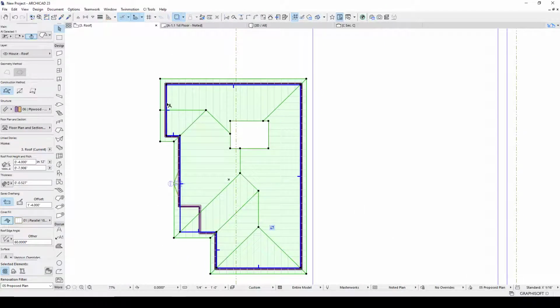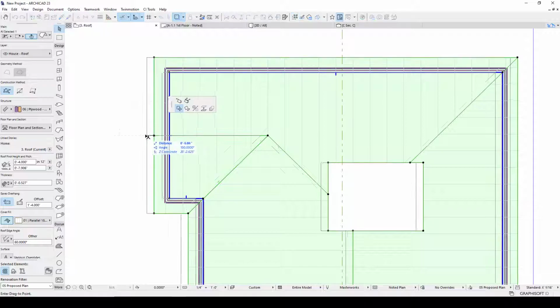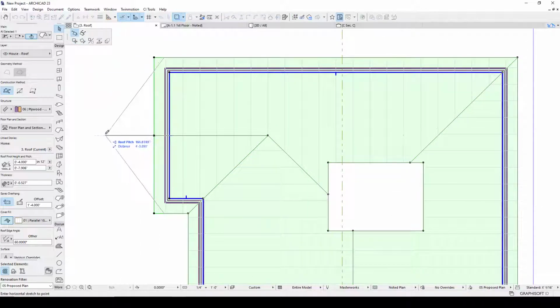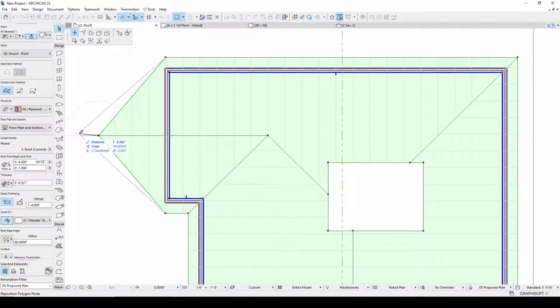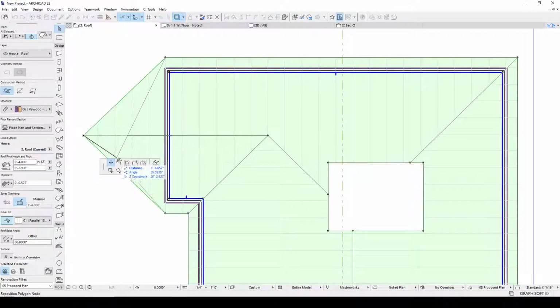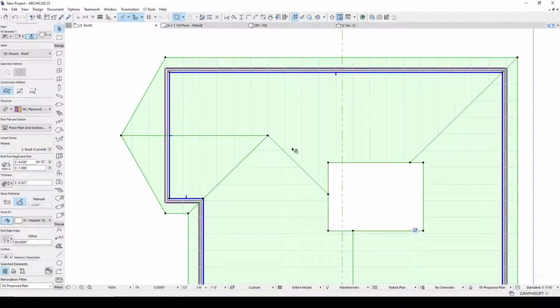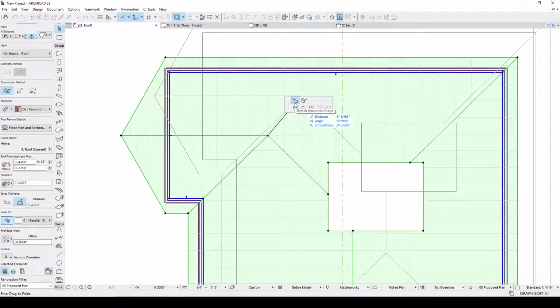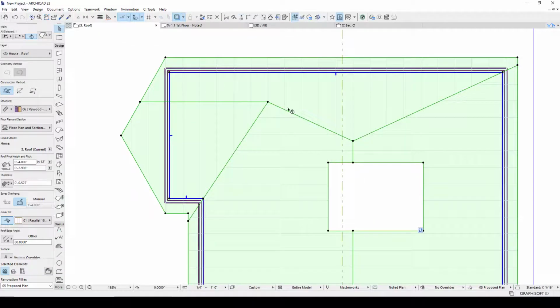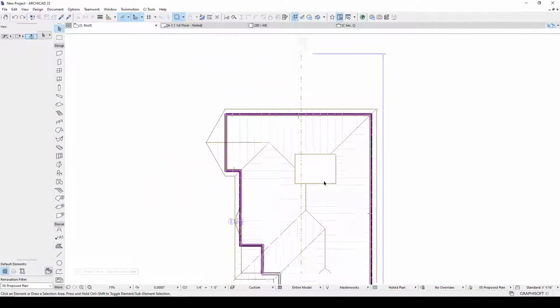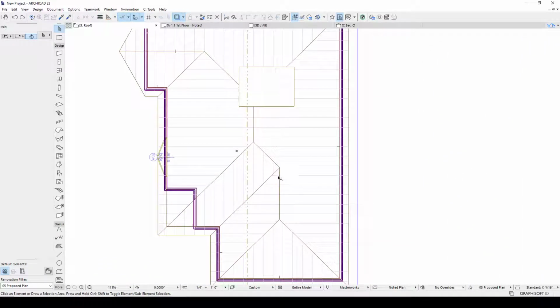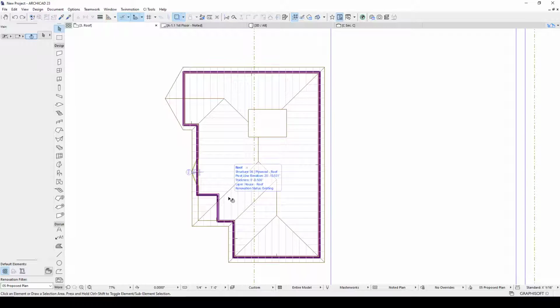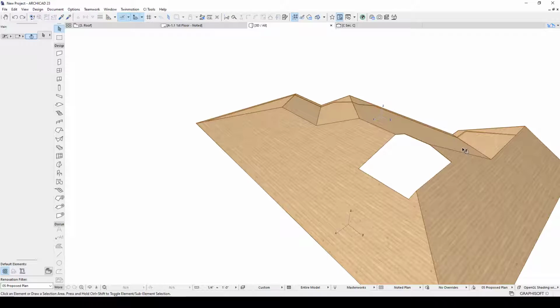So you can move the ridges, you can remove the boundaries, if I want to bring this out, I can bring this out. I can do that either with the moving of horizontal ridge, drag the point or the ridge or the boundary. And it ends up being very sophisticated without too much headache. And it's all dynamically